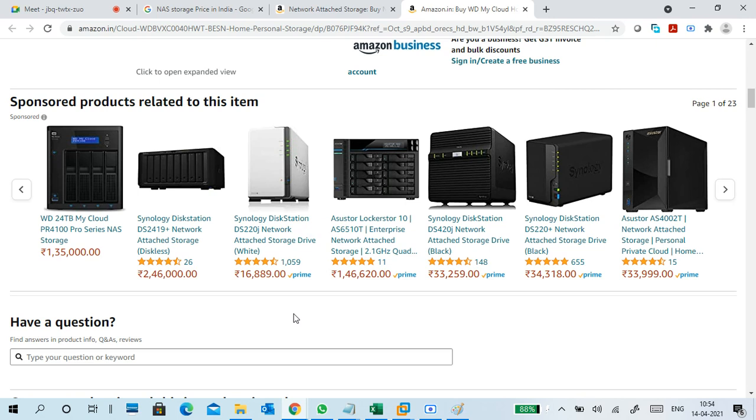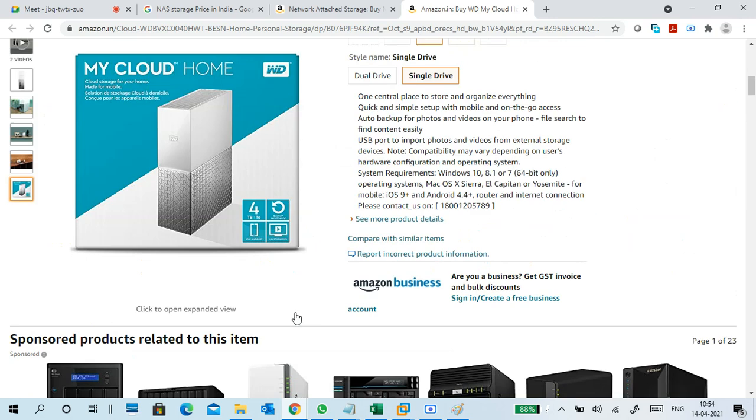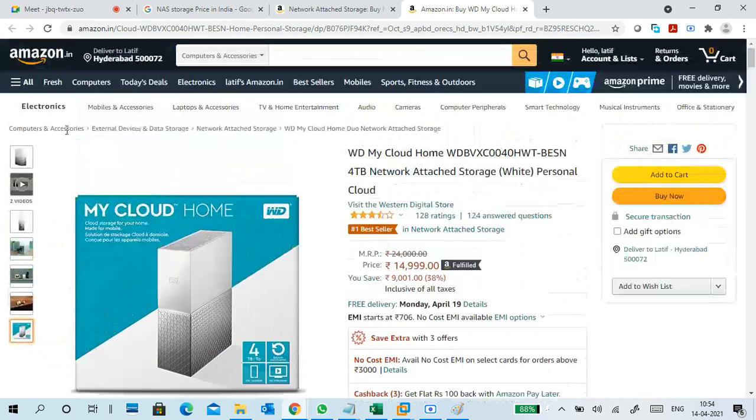Not only for your mobile phone or small things from Amazon. Also, once you want to buy anything, go to this computer, go to other things, external devices, network data.